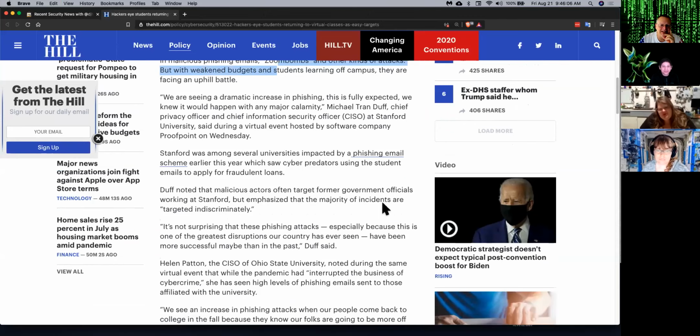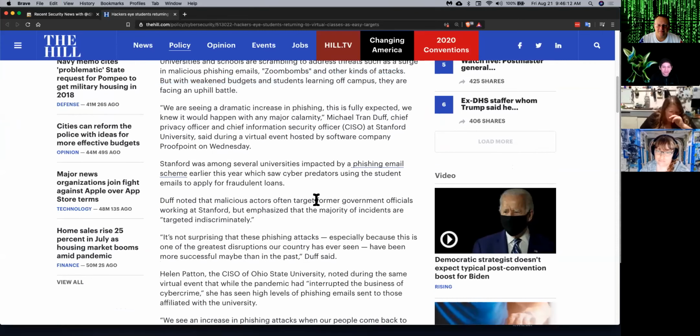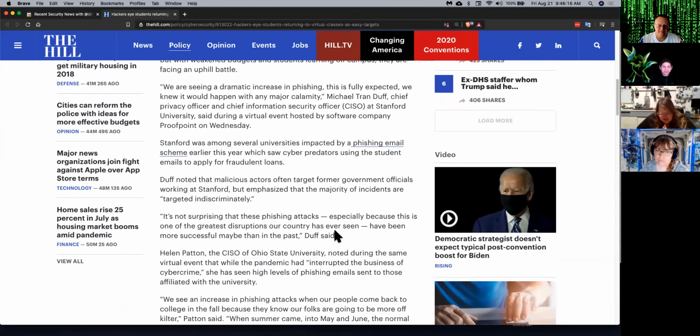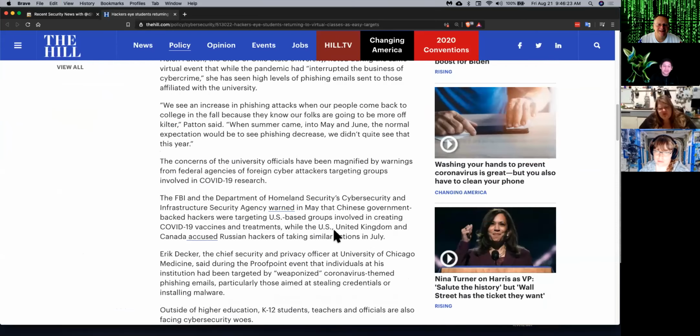Well, yeah, we knew about the Zoom bombing, but also lots of phishing attacks. One of the things I thought was interesting was one that happened this year where they were fraudulently using student email accounts at Stanford to apply for loans. And that was one that I hadn't